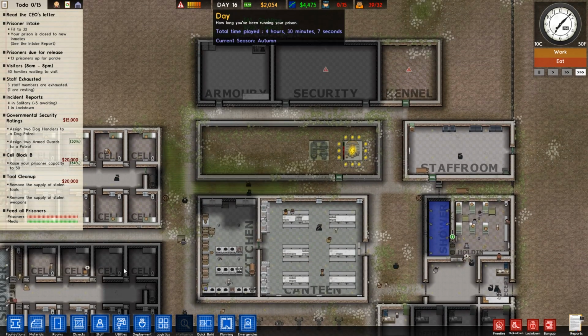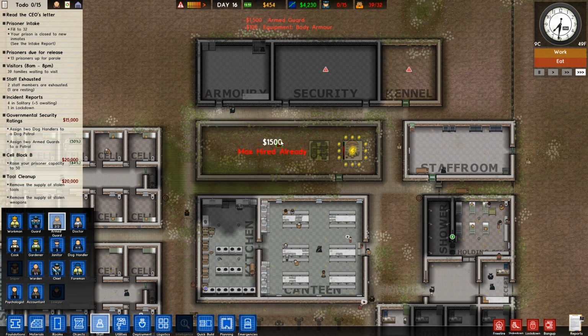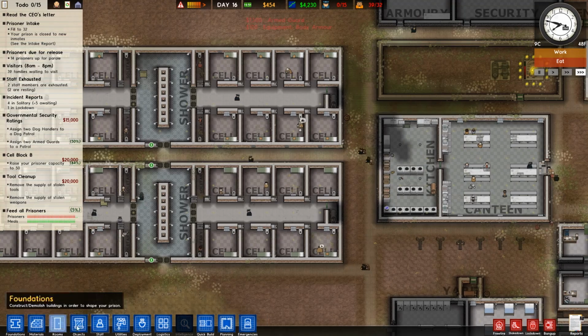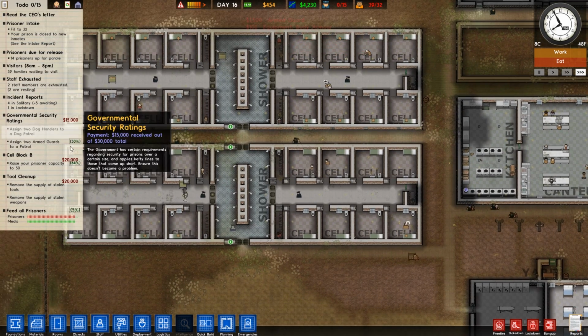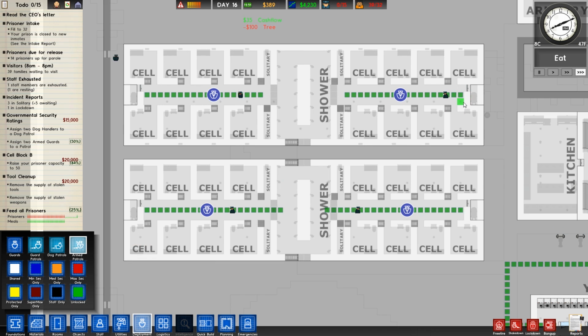Okay, we've got enough money now to get our next armed guard. So let's go and get that one fixed. So armed guard, let's go and drop you out there. So we have an armed guard. Now we need to give you a patrol route. Now yours is going to be quite a long patrol route, unfortunately. But our armed patrol is going to be